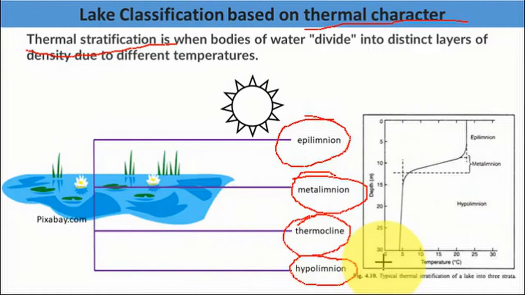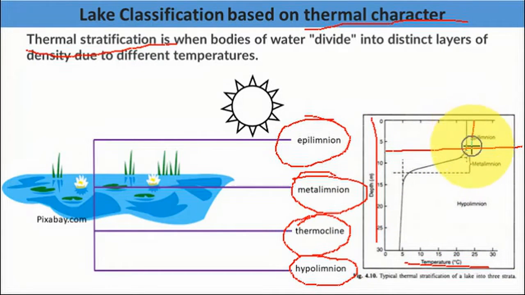In terms of temperature, we can have a graph like this. This is the temperature you can see, and this is the depth of the lake. So here the first temperature of this area of the water body is around 20 to 25 degrees Celsius. This is epilimnion. Then it suddenly changes. So this is metalimnion. And then it comes to hypolimnion. The water is almost fixed, that is 5 degrees Celsius, and it is the hypolimnion